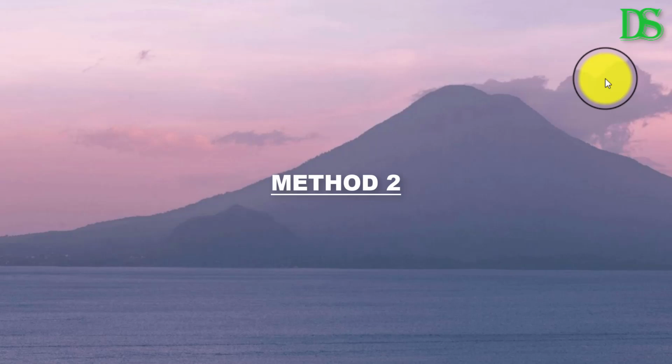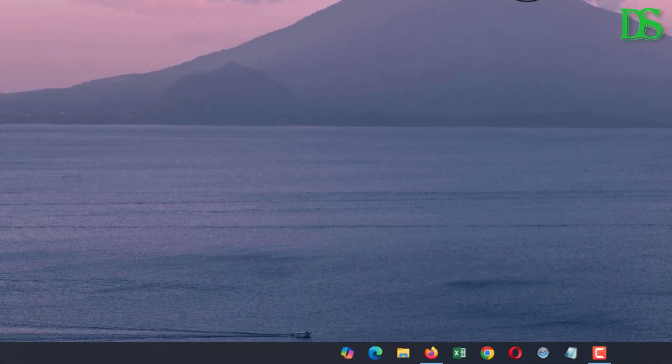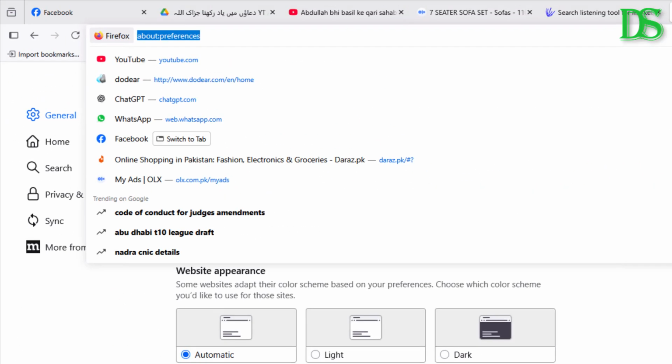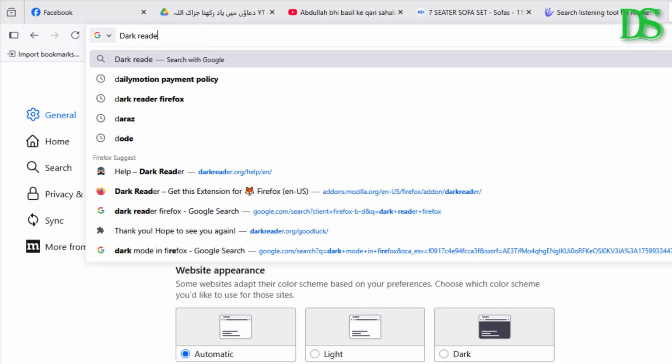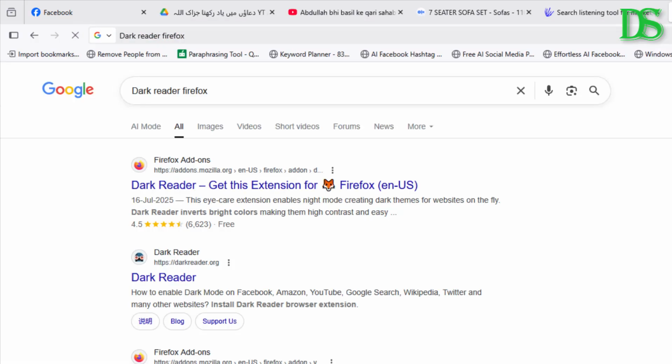Now for this method number 2, you need to install an add-on in Firefox. So go to the browser, open new tab. Now type dark reader Firefox. Now open the first link of Firefox add-ons,